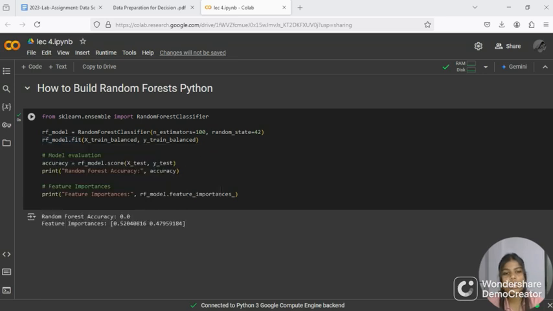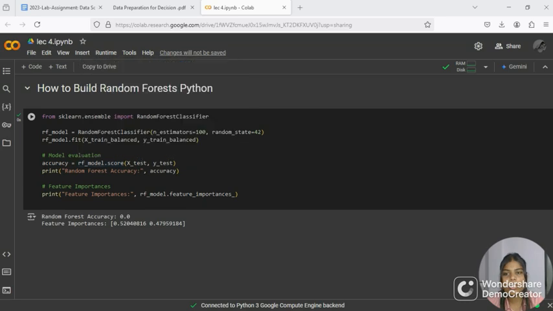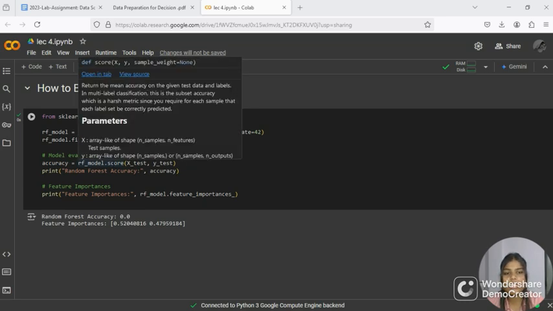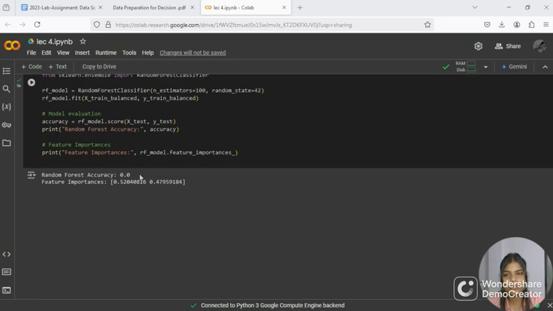Now evaluating the model, accuracy equals rf_model.score, evaluating the model's performance on the test data X_test and y_test using the score method, which returns the accuracy of the model. And now printing the accuracy of the random forest model.